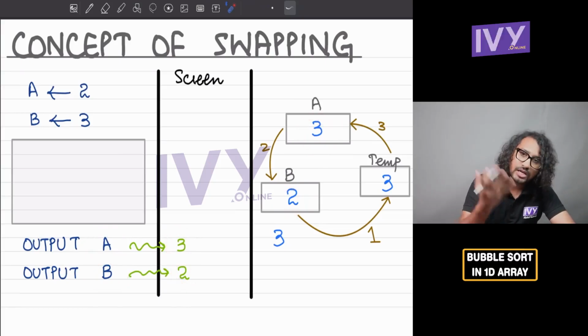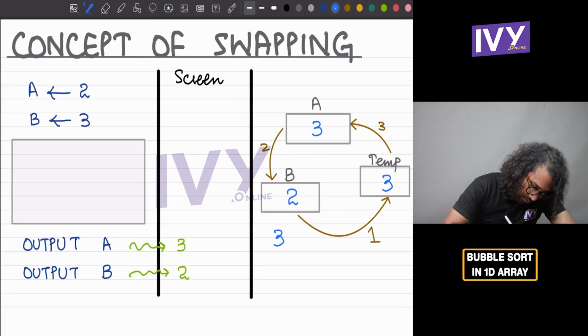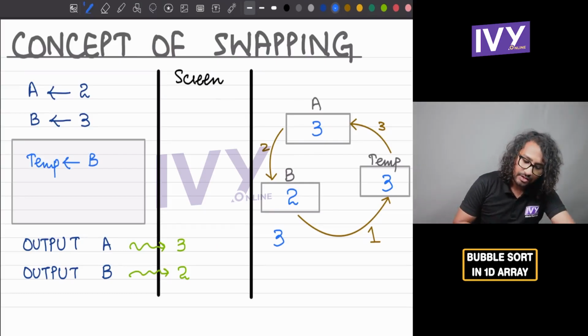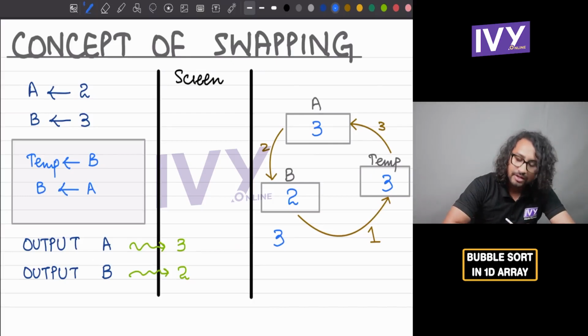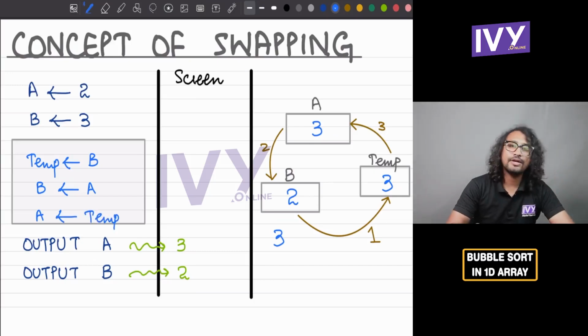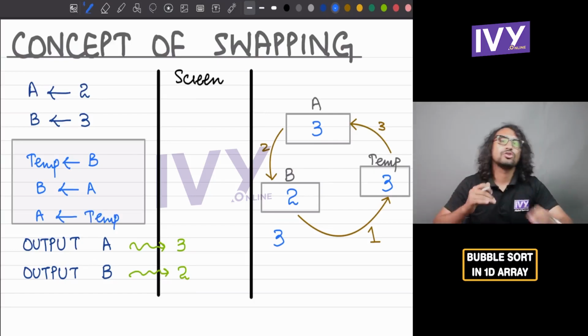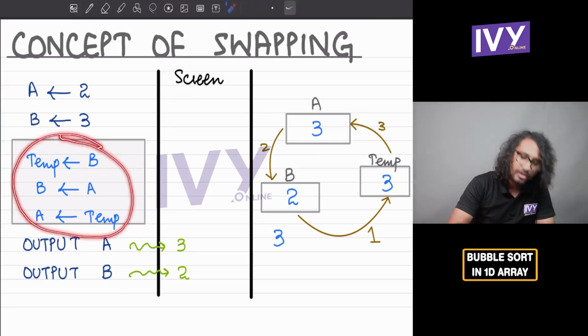Right? What are the lines going to be? First of all, the first line of swapping is going to be, you have to transfer into temp the value of B, right? Then you have to put the value of A in B, and then finally you are going to put the value of temp inside A. Right? After executing these 3 lines, your code will be done, and you have successfully swapped the